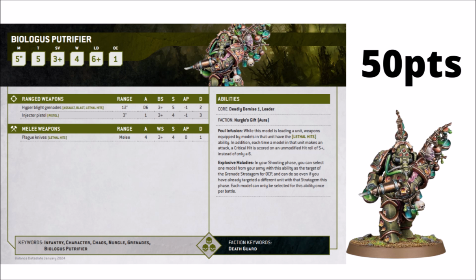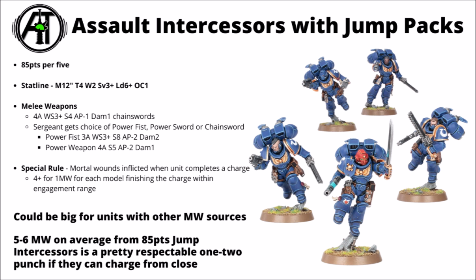Add on better lethal hits to all the models in the unit, and a whole bunch of hyperbolic grenade shots with sort of heavy bolter shots up close. And maybe not too hard to see why he's a very strong support character for Plague Marines venturing into the midfield. I feel like other units that can maybe make the grenade stratagem even more scary are things that can